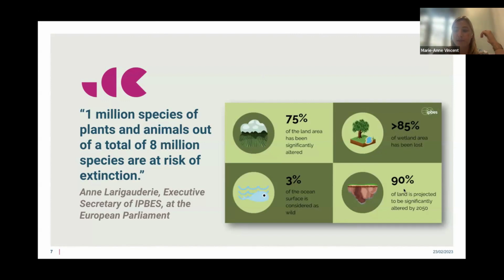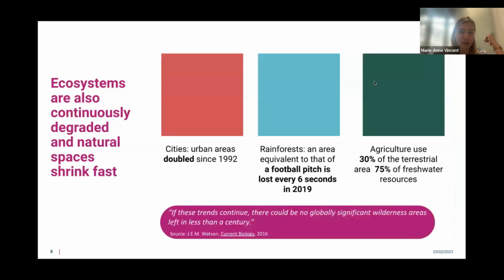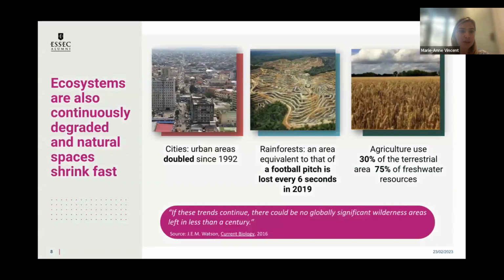And 90% of land is projected to be significantly altered by 2050. Again, we will talk about that, but to give you these big numbers in mind: we've been talking about GHG emissions for years now, but in terms of biodiversity, ecosystems and nature, the problem is getting much bigger. When we talk about ecosystems, we've seen that there's a large percentage of land altered,